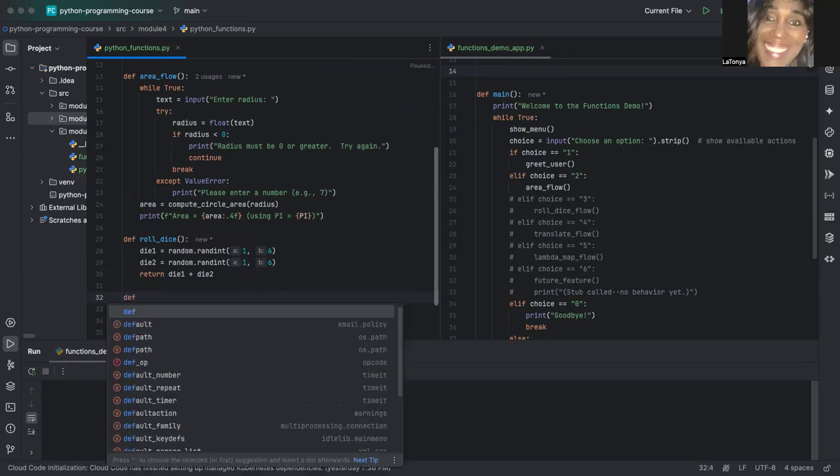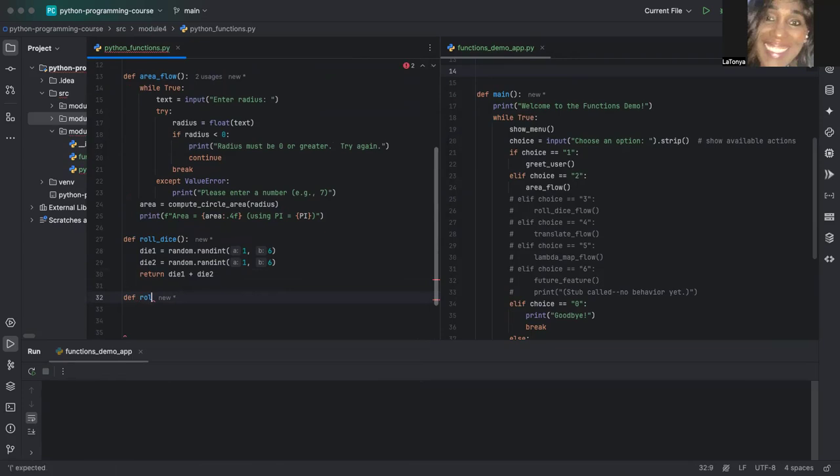Next we want to create this roll dice flow. Again, this flow will handle the input and output. It's invoking the actual roll dice function, but it is handling the output. So it's going to display what their results are, what the total is, after we sum those two together. So I'll create a variable